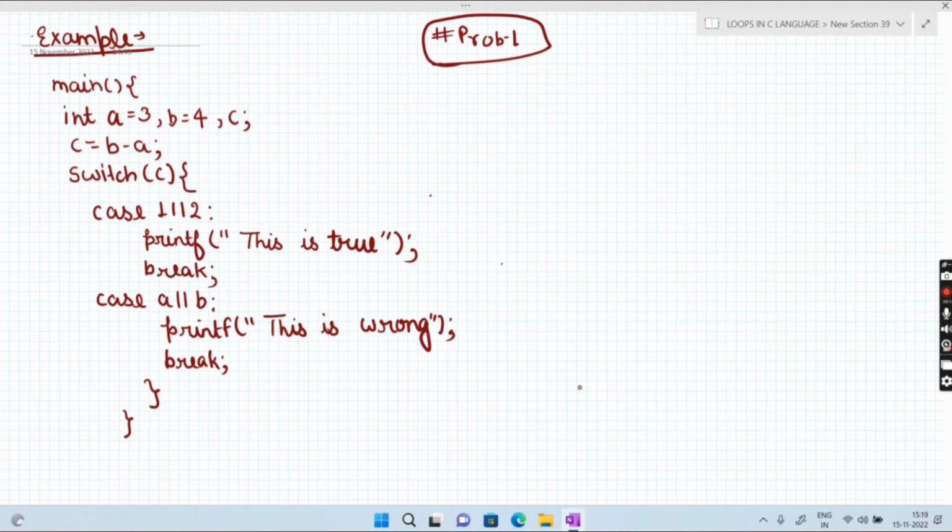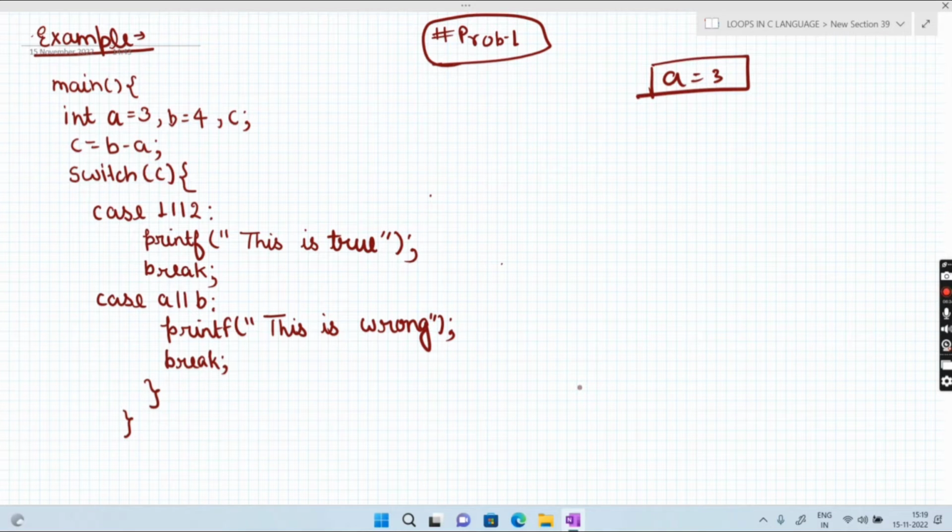This is problem number 1 for you. Let's try to do it on your own using the switch case. In this program first we declared 4 variables. First one is a whose value is 3.